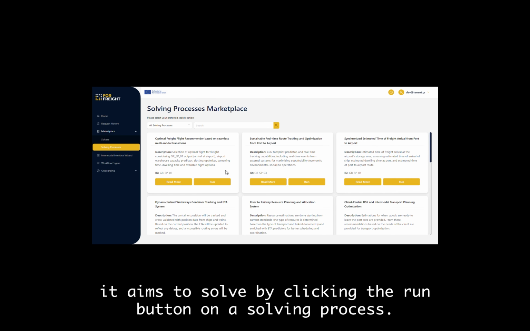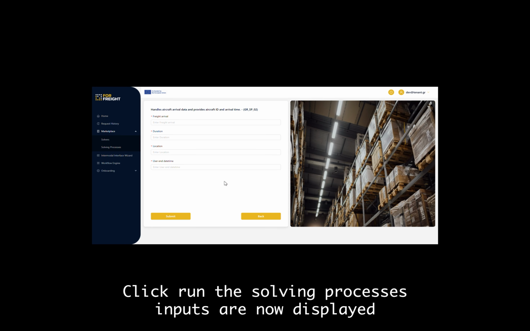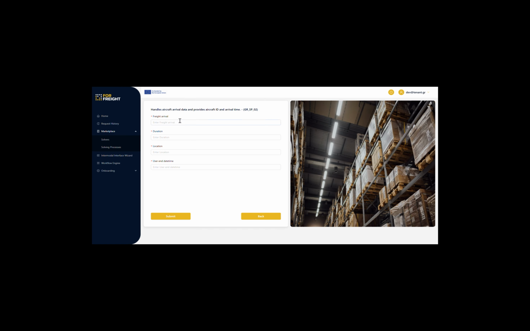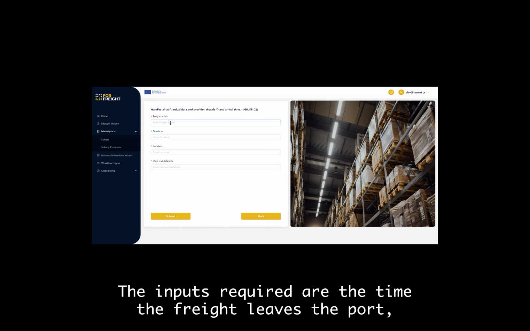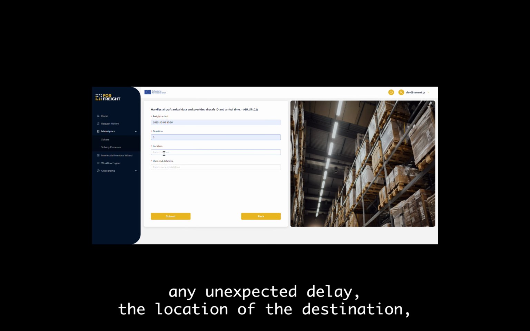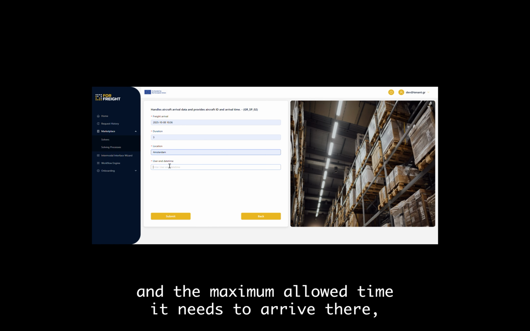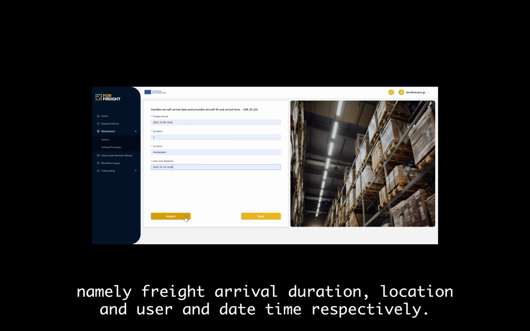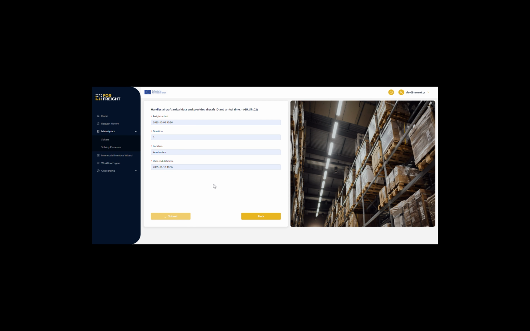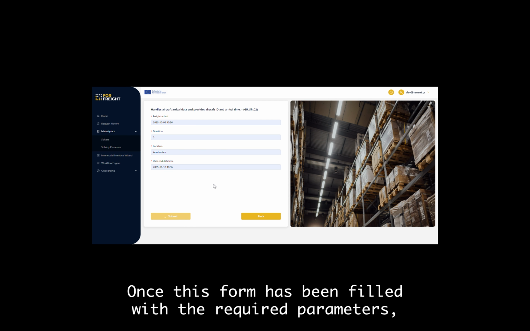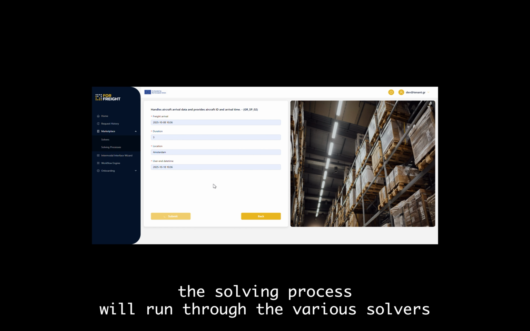By clicking the Run button on a solving process, the solving process's inputs are now displayed. For solving process GR_SP2, the inputs required are the time the freight leaves the port, any unexpected delay, the location of the destination, and the maximum allowed time it needs to arrive there, namely freight arrival, duration, location, and user end date time, respectively. Once this form has been filled with the required parameters, the solving process will run through